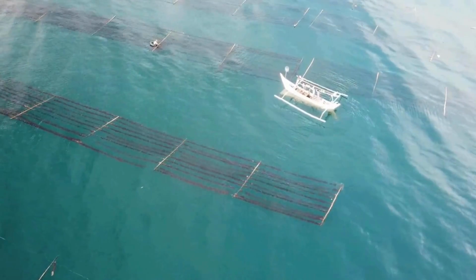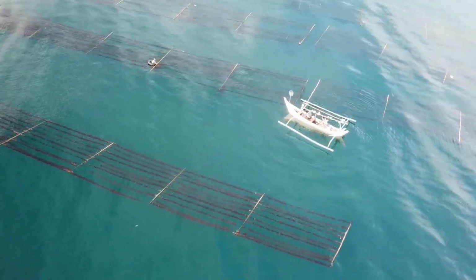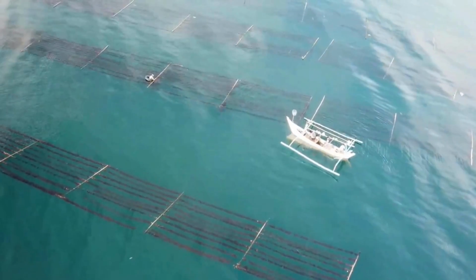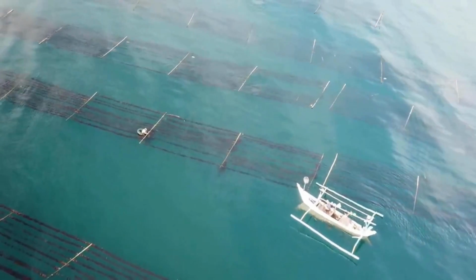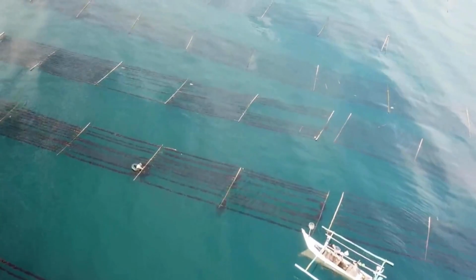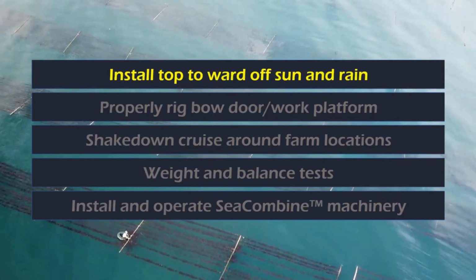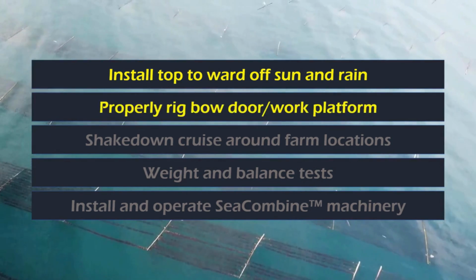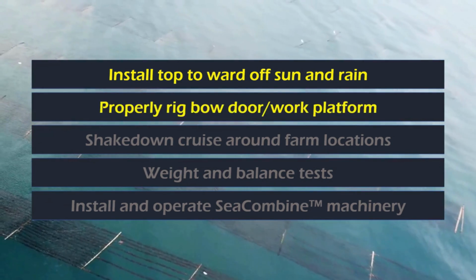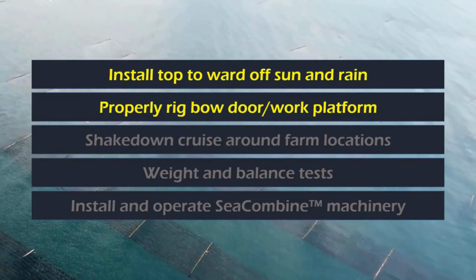We still have some work to do before our Sea-Tech boats are ready to take the place of the types of vessel that you see in the picture below. To begin with, we're installing a top to ward off the sun and the rain, something light along the lines of a bimini top. Secondly, we must properly rig the bow door work platform,